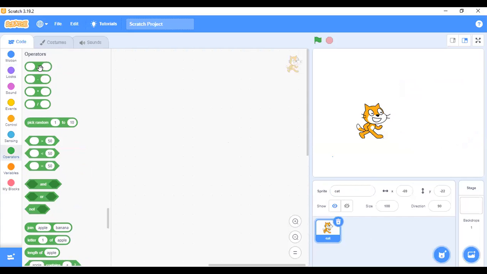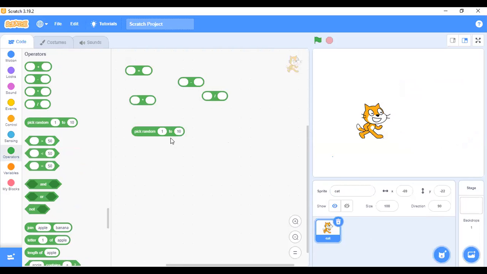So the operators now, you have the addition, you have the subtraction, you have the multiplication, we have the division. You saw me use pick random 1 to 10, which I basically changed from 1 to 10 to 0 to 360 for the ping pong game. There is greater than, there is less than, there is equals to. On this, I can right click and write 2, and write 2 like that. That 2 plus 2 is equals to 4. You may not really understand the usefulness, but at least you understand the usefulness of pick random 1 to 10.